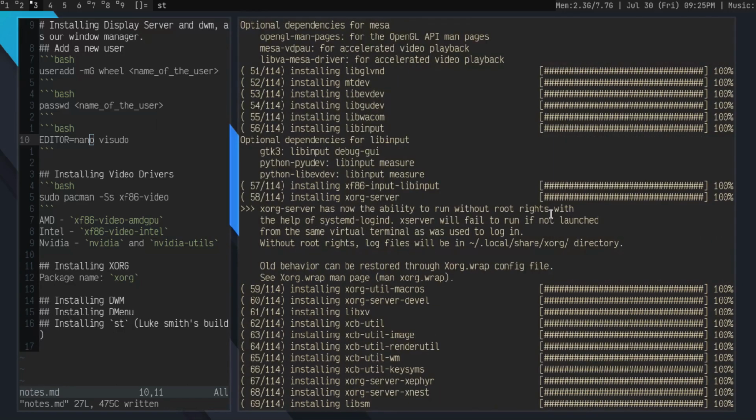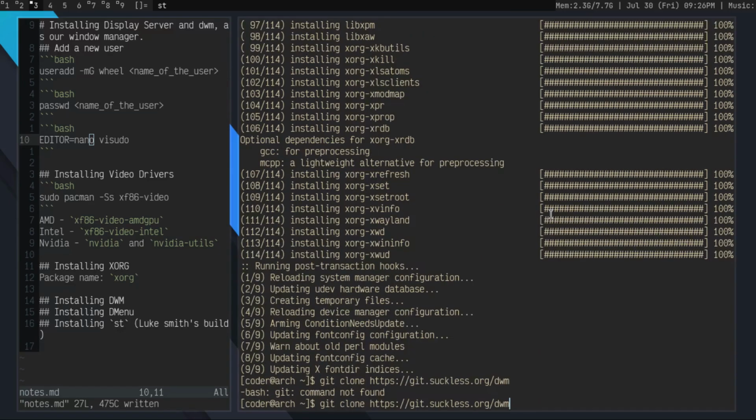Sometimes the installation may pause. If it pauses, the best thing you can do is run this command, sudo pacman -Sy, which will sync all the repositories, and then if you run the installation command again, it will run flawlessly. Okay. Now we need to install git.